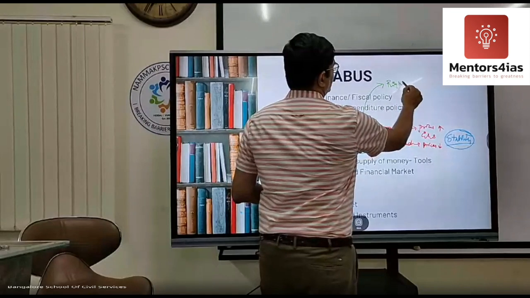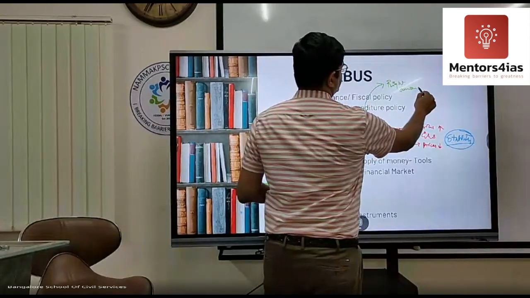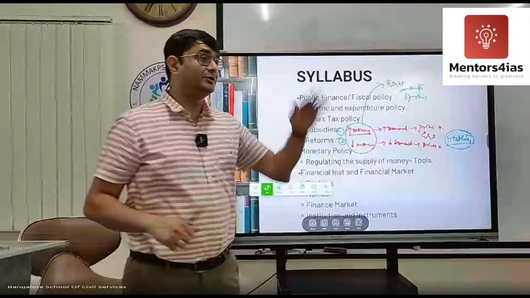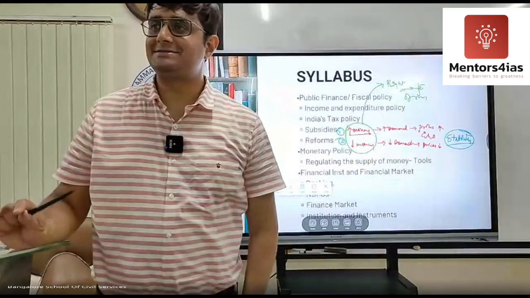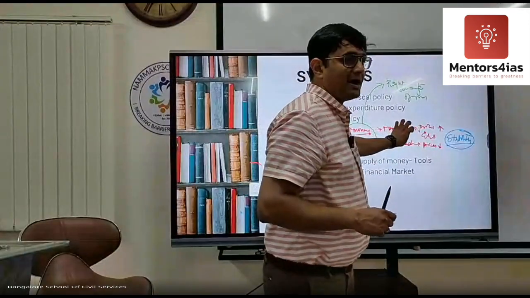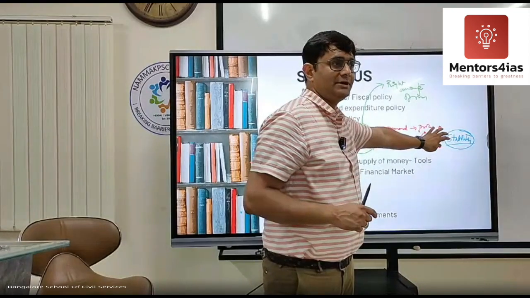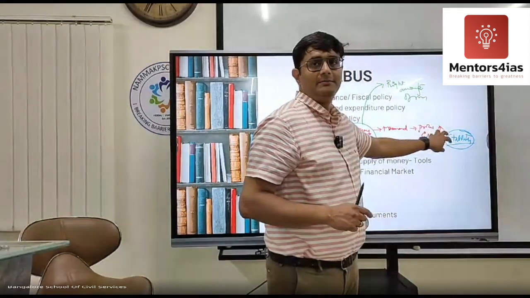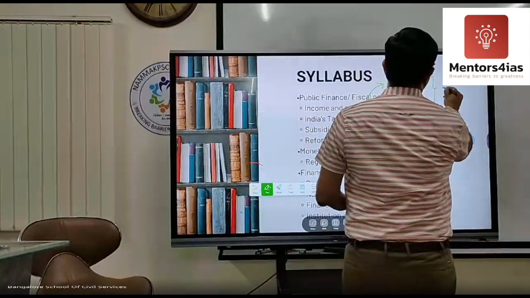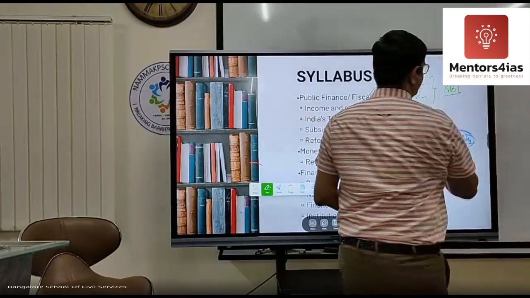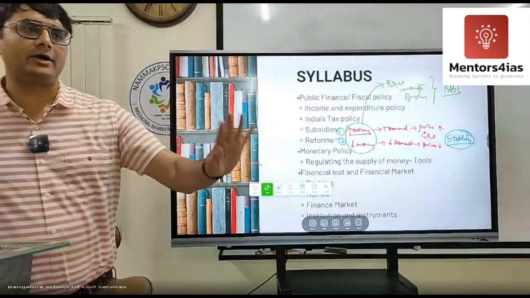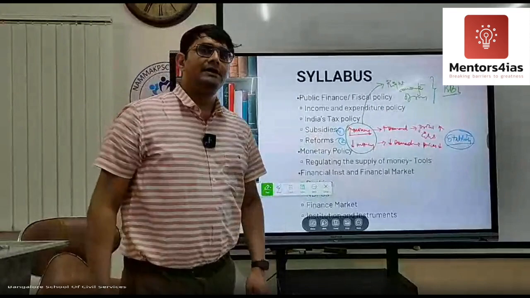Yes or no? Right amount of money. Neither too much or too less. The right amount of money, which will create a demand, but not inflation. It will make profit, but not increase the price. So this is done by the RBI. This is done by the RBI, Reserve Bank of India, or the central bank of any country. It does this monetary